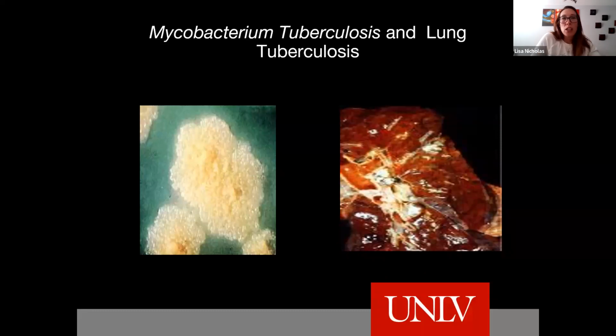All right. So here is a picture of lung tuberculosis and what the actual bacteria looks like on the left-hand side. TB is a multi-drug resistant disease that's transmitted through inhalation of droplets from a person with active tuberculosis. The tricky part about TB droplets is that they're very small and they can suspend in air for a long time. Which is why when we're caring for patients, we have to protect ourselves so we don't have prolonged exposure to the patient with TB, and we need to protect ourselves by wearing those fancy N95 masks